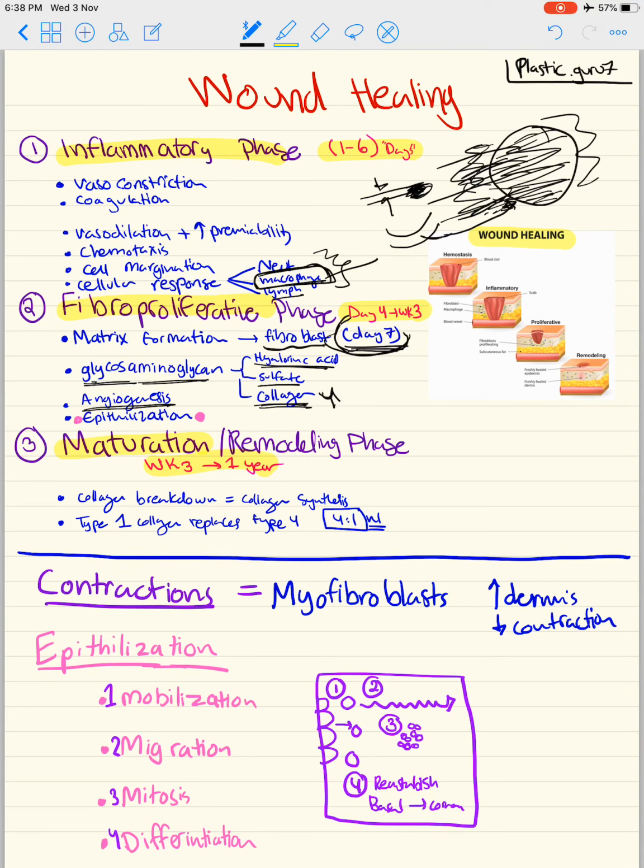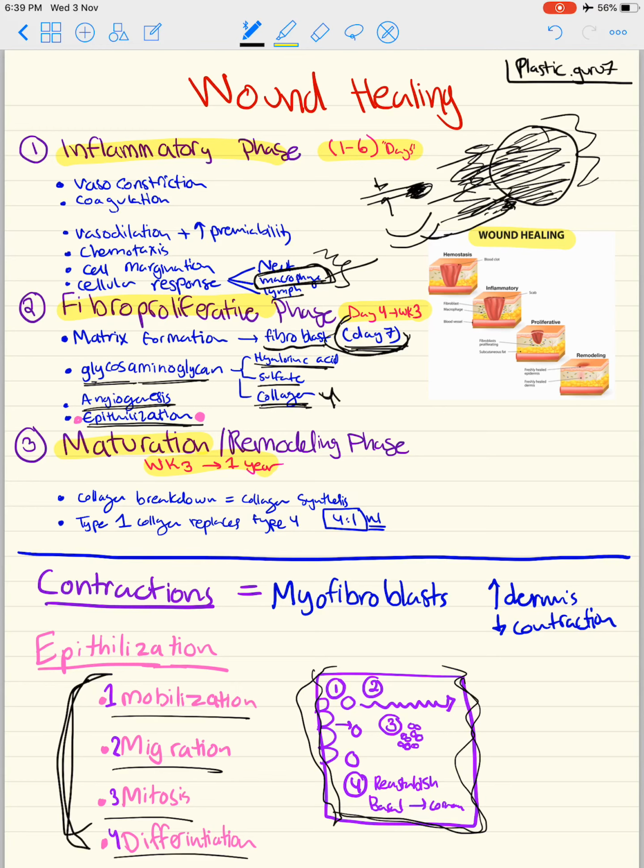old blood vessels. And lastly, we have the epithelialization, which is basically 4 steps that will create the floor of the wound. These 4 steps are basically mobilization, migration, mitosis, and differentiation. Mobilization is basically that the edges of the wound still have epithelial cells, and these cells will mobilize and adhere from the edge and migrate to places where there are no cells, and basically these will